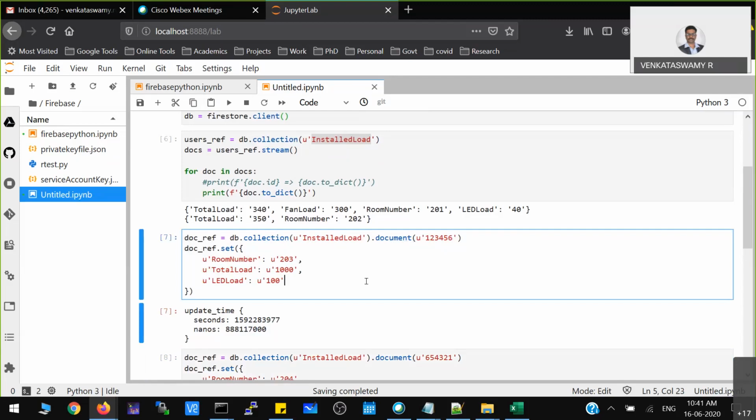The integration and compatibility, everything is very good in this particular Firebase database. So keep this as a first option whenever you need database integration. That is my recommendation.